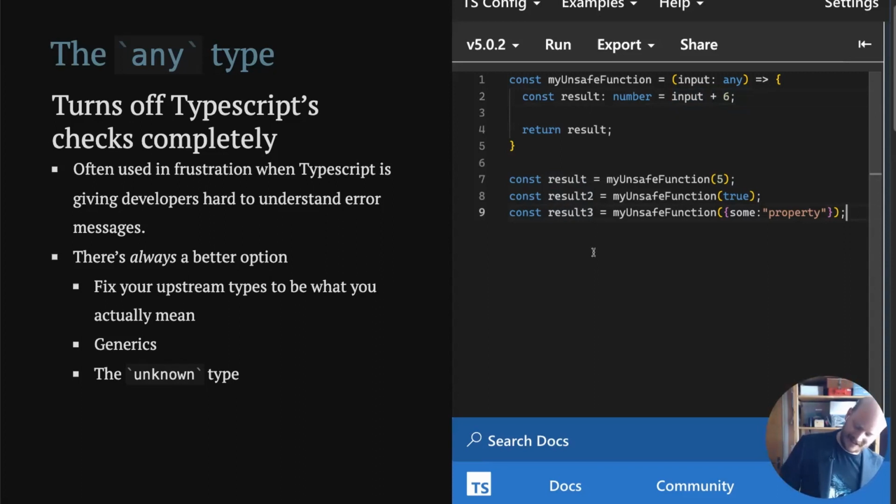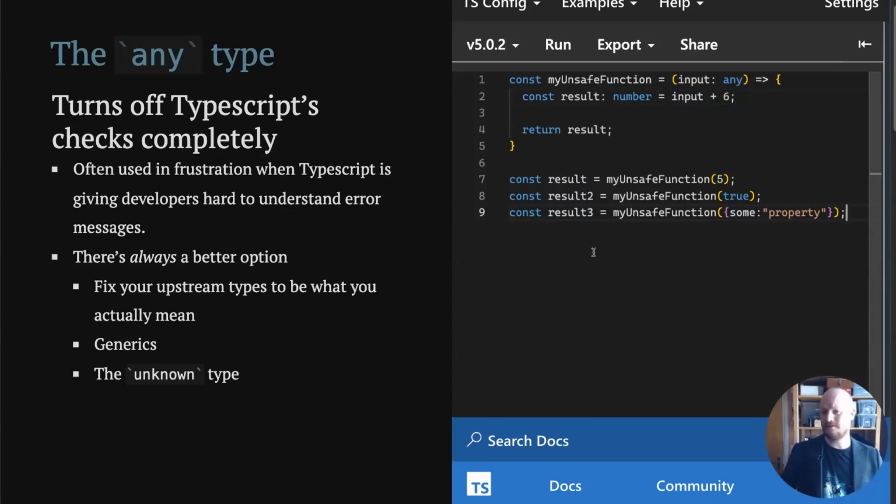And I've seen so many new TypeScript users just, oh, let's just plop in any, because I'm getting weird errors. I don't understand them, let's just type it as any and it'll be fine. And as I said, there's always a better option. Just fix your upstream types. It's worth the hassle.